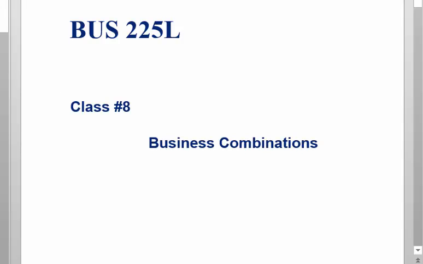Okay, class number 8. So business combinations. In this class, what we're going to talk about are the tax accounting issues that are relevant when one company buys another company. Okay? And in our area, there are acquisitions happening all the time. While these issues, if you work at a company, sometimes come up only every once in a while, if you work at a firm, you see acquisitions all the time. I mean, all the time.